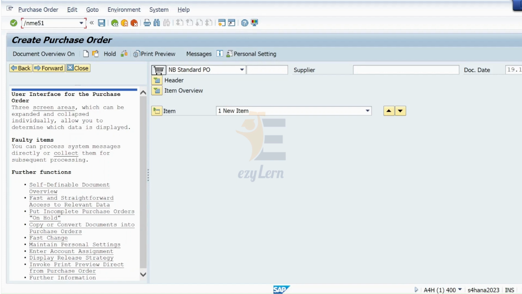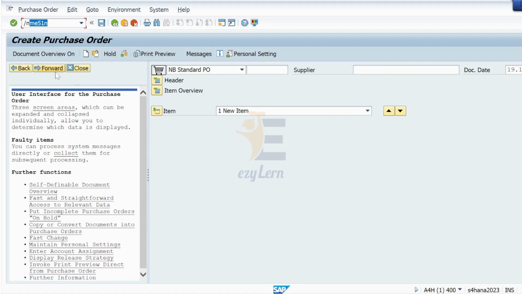So in a single step I can do it, using slash n followed by T code. What will happen is that the purchase requisition screen will open and this screen will be closed.